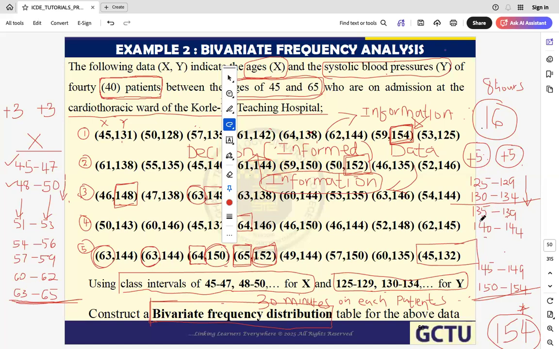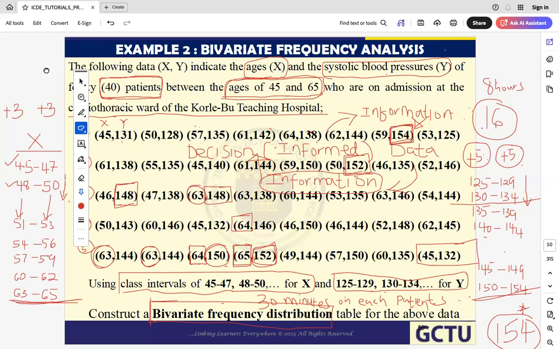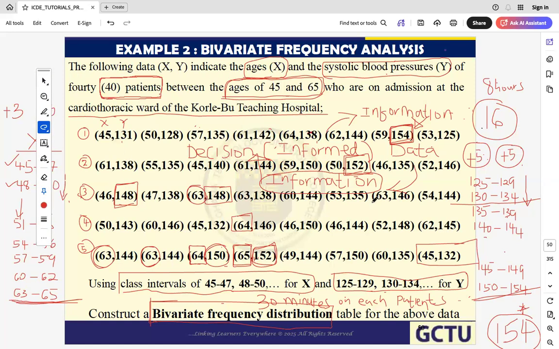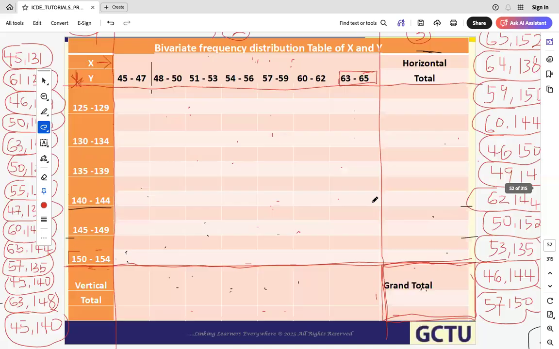It means that as you are going down, keep adding 5 till you get to the last number. This is the reason why we were using plus 3 on the X and then plus 5 on the Y. Okay, thank you. Well understood, sir. Very good. So with that information, we now have to go and tally